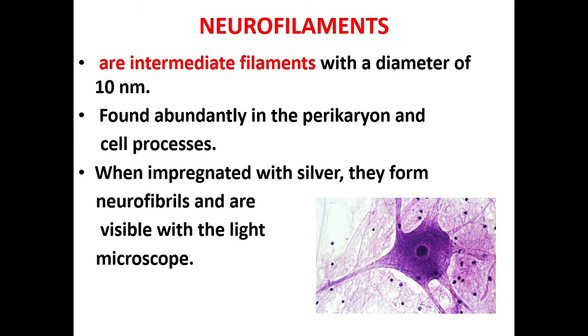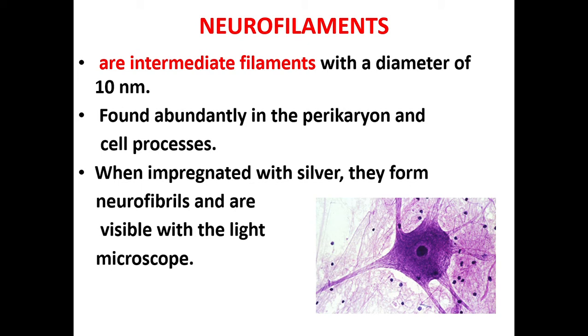There are two structures that form the cytoskeletal support of the nerve cells. We have the neurofilaments and the neurotubules. The neurofilaments are intermediate filaments with a diameter of 10 nanometers, and they are found abundantly in the perikaryon and in both processes, the dendrites and the axon, but mostly in the axon. Now, they need a special staining method for them to be visible under the microscope. We have the silver impregnation technique, and after the staining, the neurofilaments will appear as a black